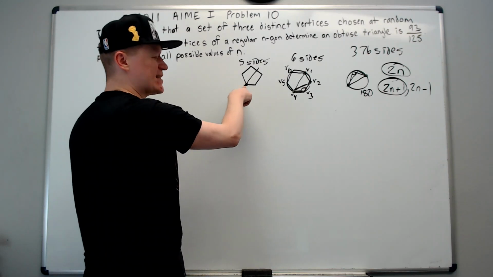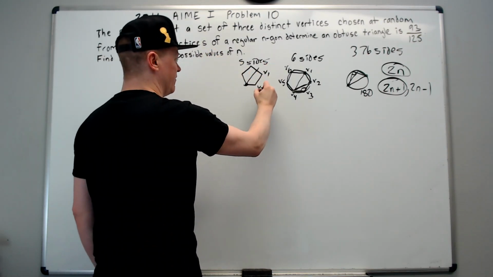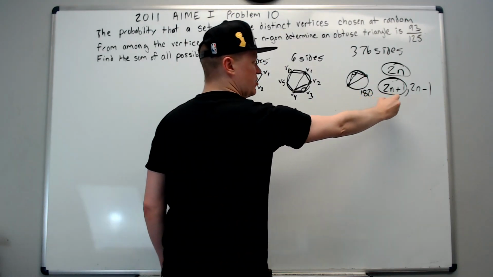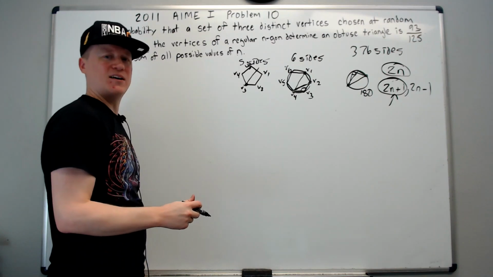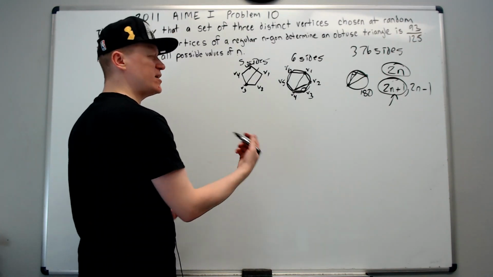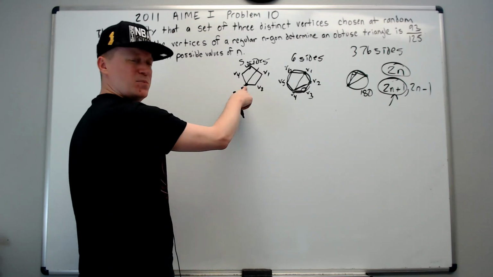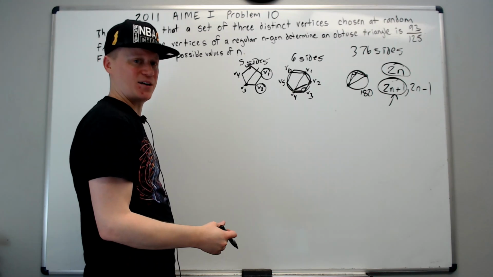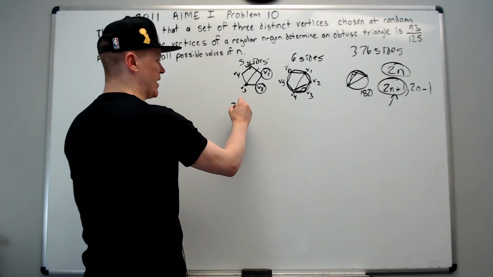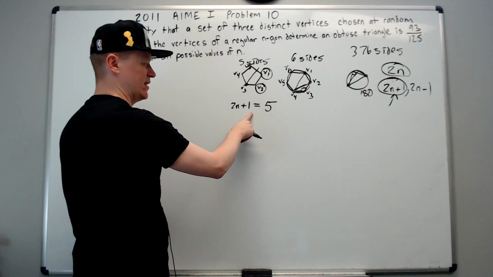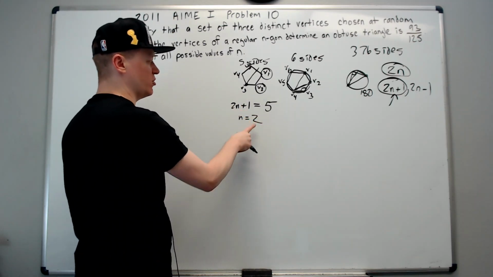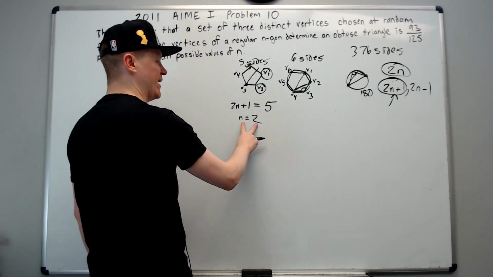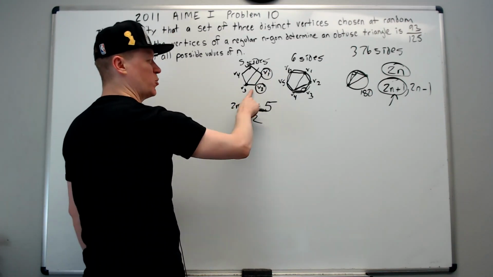Again, if I use this as the leftmost point of v1, v2, v3, v4, v5, note that I'm using 2n plus 1 as the total number of points. Then my choice for the values, if this is the leftmost vertex, I can choose the 2 to the right of it to stay on one side of the diameter. Again, if this is 2n plus 1 equals 5, then n will equal 2. For this, not this n, just the n that we're using, okay? So if n is 2, then how many points were to the right of this?